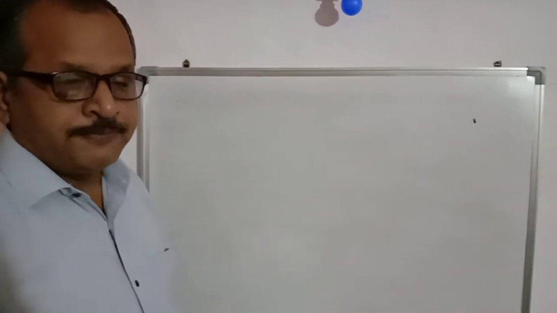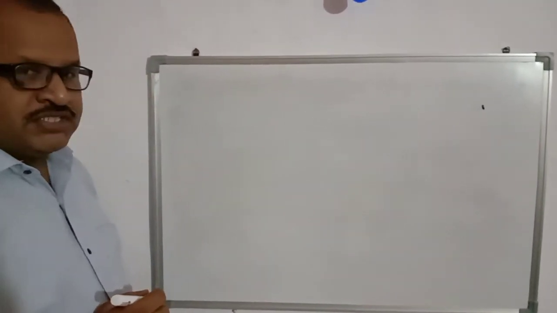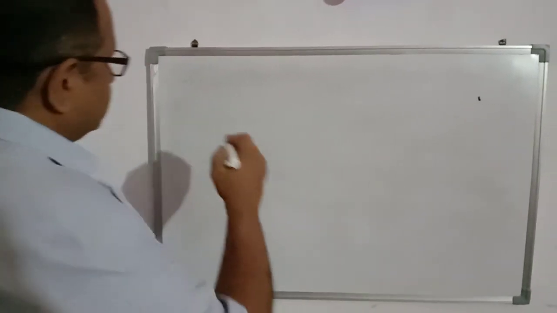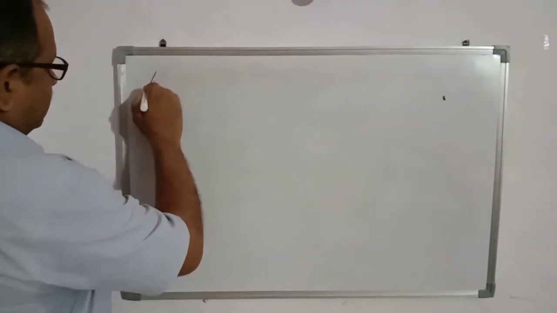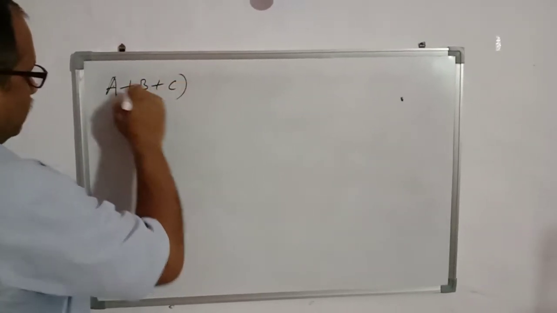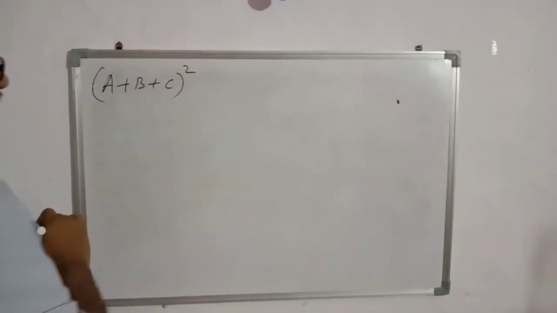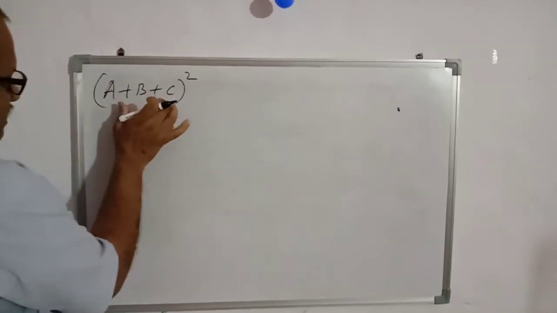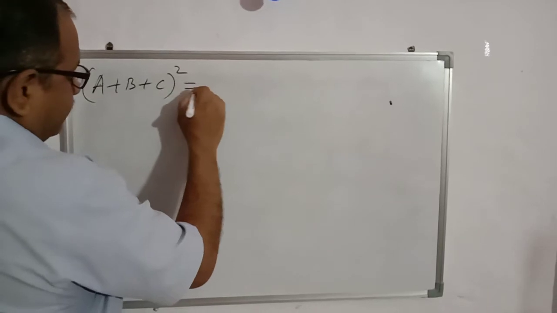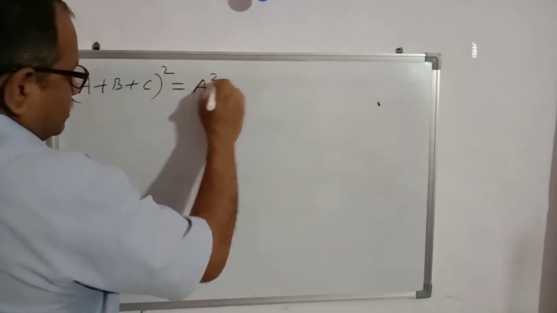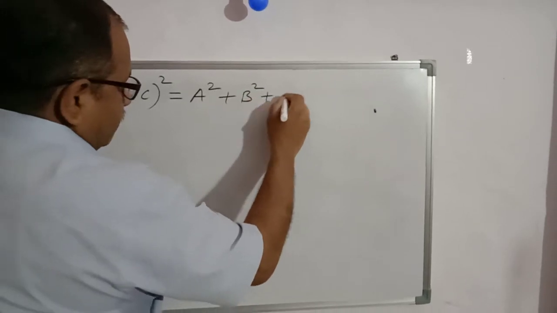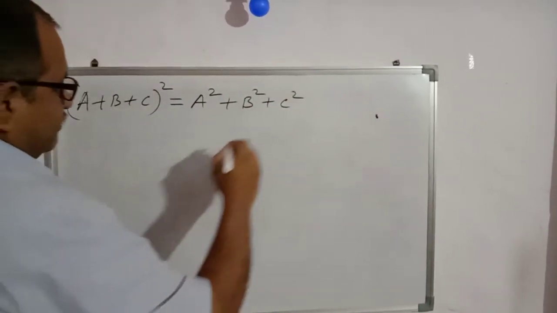Good morning everyone. Today we will study some more algebraic identities. So see, this next identity is (a + b + c) whole square, the square of a trinomial. There are three terms here. It will be the square of the first term plus the square of the second term plus the square of the third term